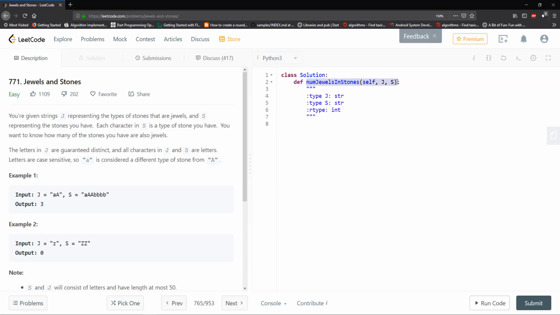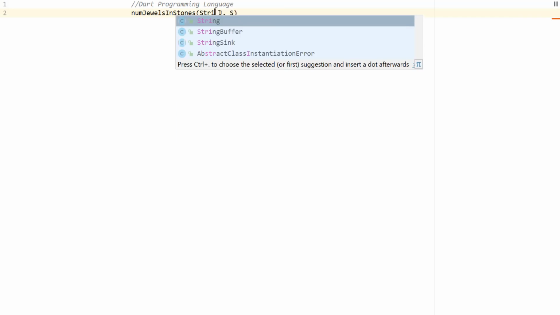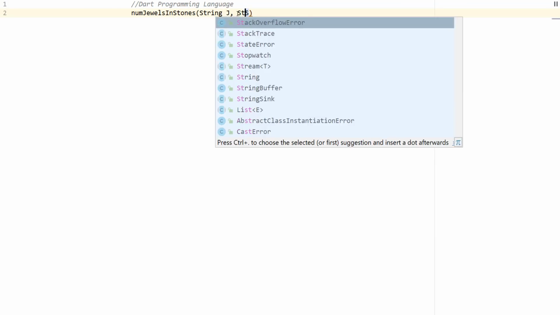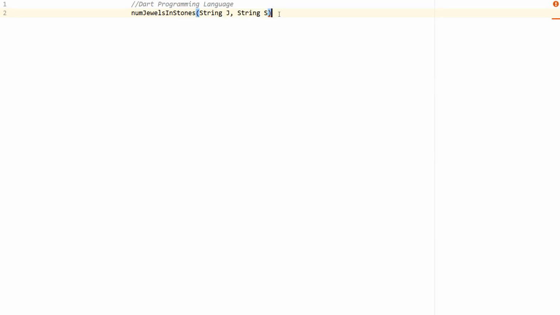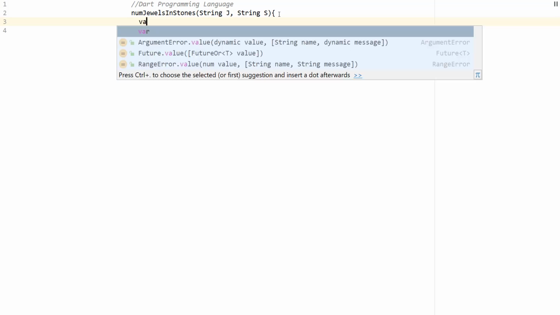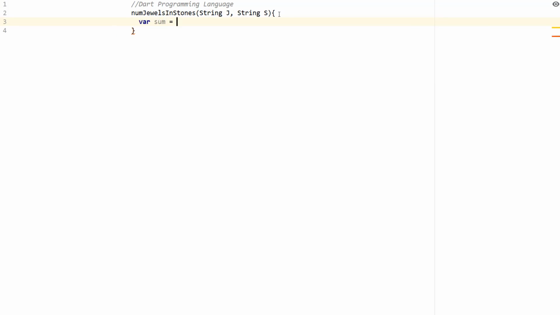So what I'm going to do here is just copy this to keep the signature the same. This problem falls under what I typically call counting problems, and counting problems would fall under the same category as problems like finding if two strings are anagrams of each other. So I'm going to paste this here, keep the signatures the same, and specify the types for clarity. What we need to do is just keep track of a sum variable or count variable,